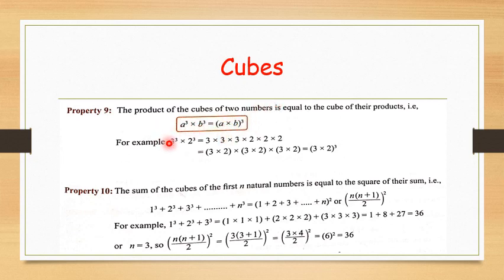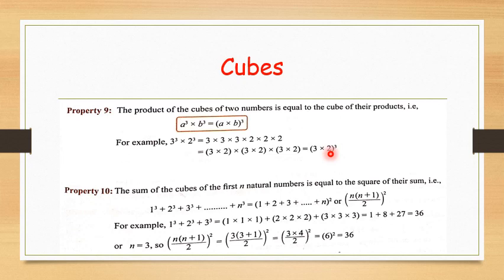Suppose that 3 cube into 2 cube, तो हम क्या कर सकते थे? 3 3 जा 9, 9 3 जा 27, 2 to the 4, 4 to the 8, 27 into 8 कर सकते हैं. Another way is what? Just multiply 3 and 2, that becomes 3 into 2, that is 6, and 6 power 3. So the answer will be 216, because the cube of 6 is 216.